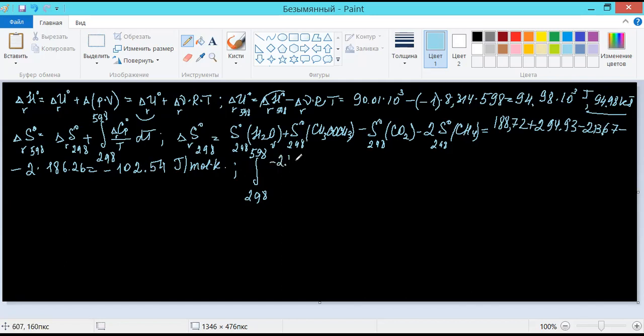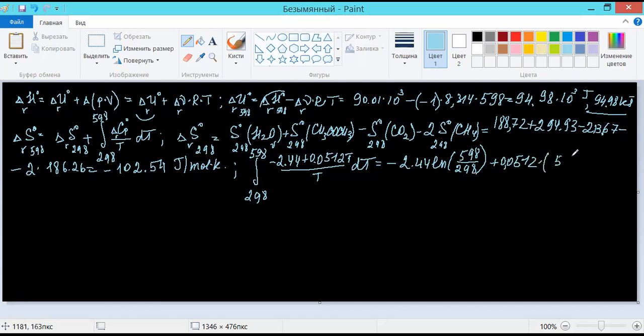It's minus 2.44 plus 0.0512 times T over T times dT, and that means minus 2.44 times natural logarithm of 598 over 298, plus 0.0512 times 598 minus 298, and that term equals 13.66 joules per mole per Kelvin,